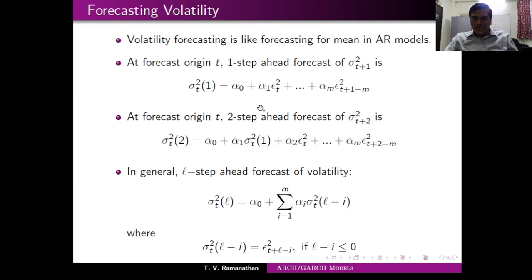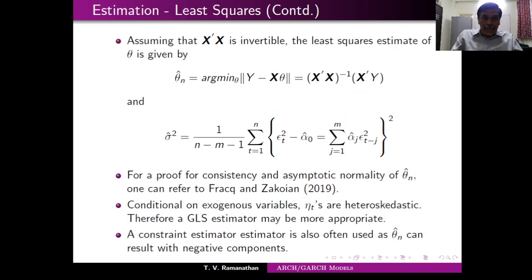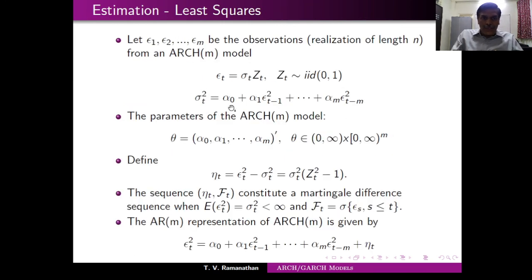Now, for m equal to 1 to m, this is completely known. For 1, it is just epsilon t. Okay. So this is the first one-step volatility forecast. That means standing at today, we are forecasting what is going to be the volatility tomorrow. How could you do that? That's not a big deal because you see the equation here. I'm just substituting it here. So you put t plus 1 here, so this will be t, etc. This is t plus 1 minus m, and that's what I have written.